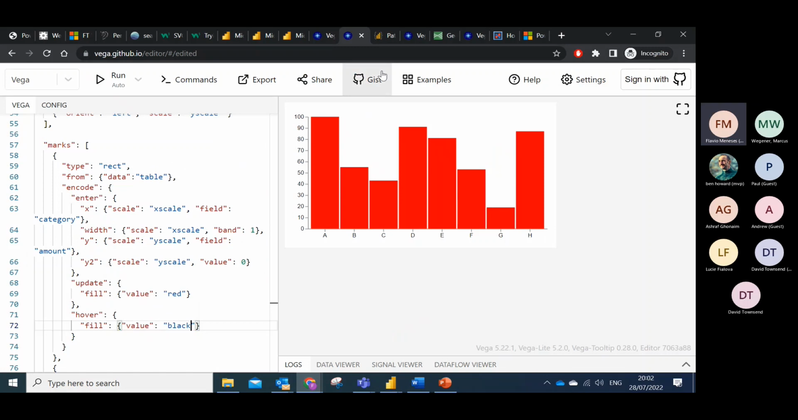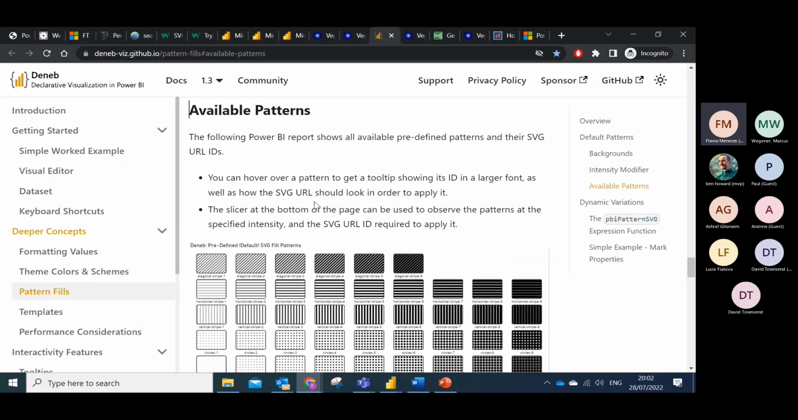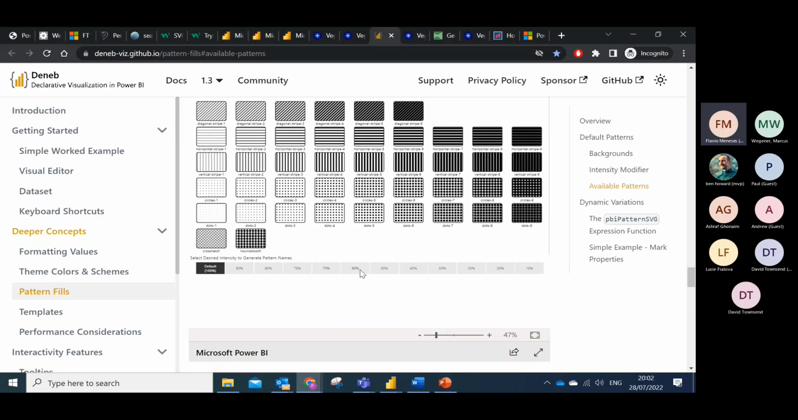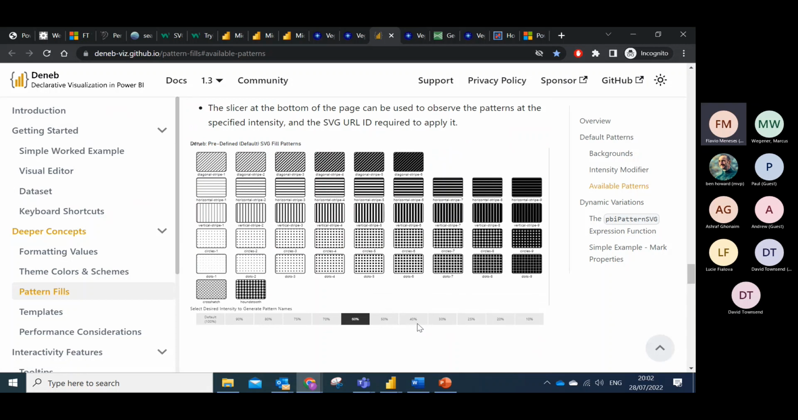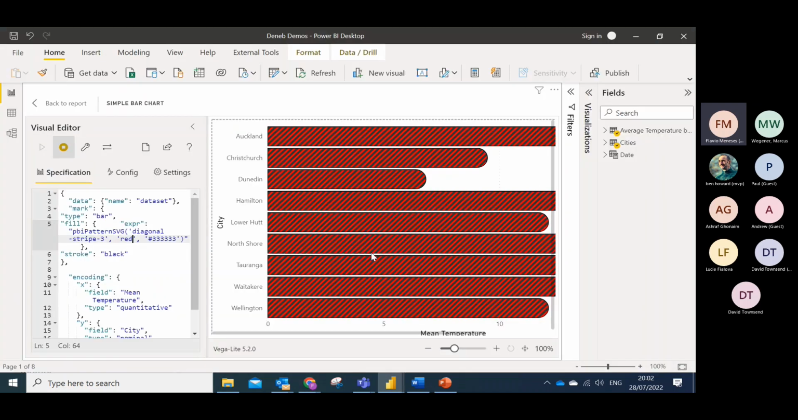If I come here to the website, that's what I was telling you about, the website that hosts this visual. There's a number of patterns that have already been done for us. So if I choose, for example, circles 560, and I come back and I do